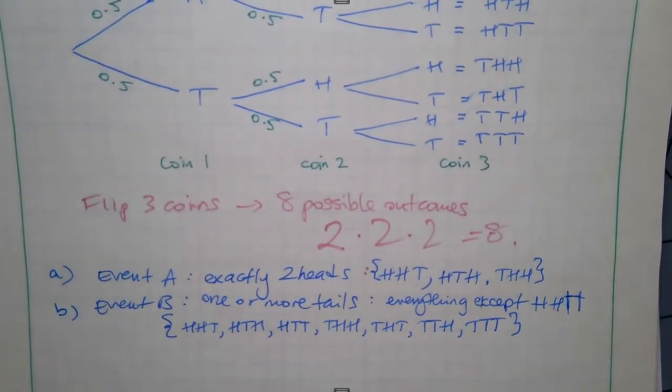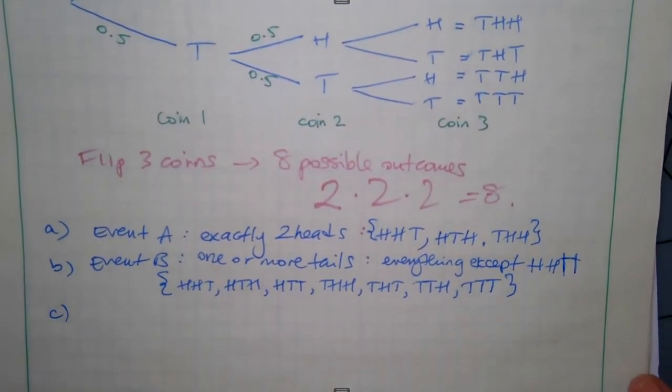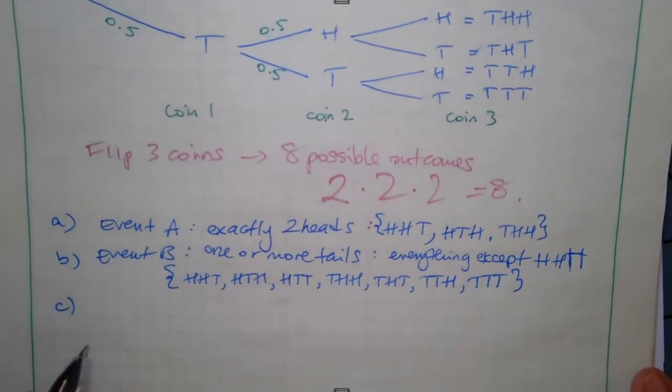Find the union of the event A and event B. All right, let's talk about this vocab. This is vocab that comes straight out of Venn diagrams. All right. So